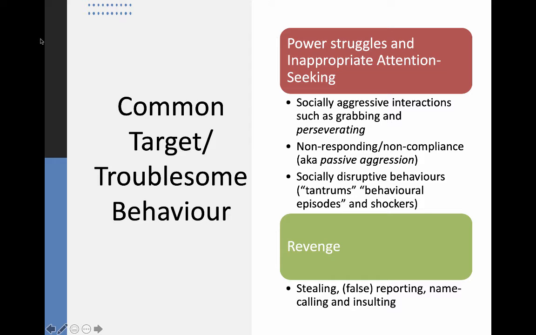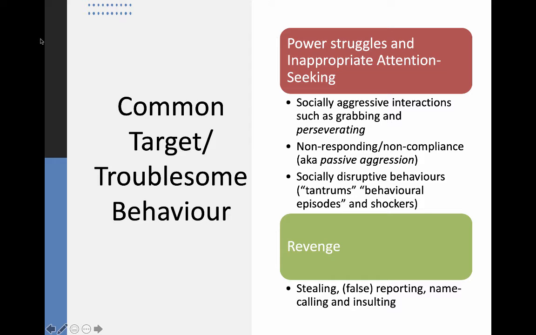Sometimes people are more actively non-compliant. They might walk away or verbally refuse to do something. You might hear people refer to this as passive-aggressive behavior. I'm not a big fan of this term as much anymore because, first of all, it assumes a type of motivation, and it suggests that people are trying to hurt us by being passive when we want them to do something. It's not completely inaccurate, but I think it isn't as good a description as simply saying a person is non-compliant or non-responsive. Remember, there are times when you're non-responsive to people or non-compliant to people, and you're being completely reasonable.